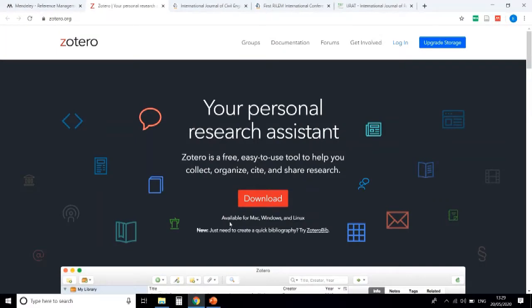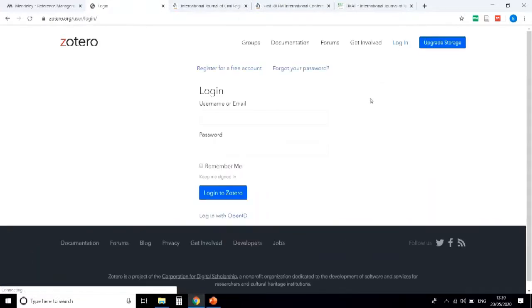You can create an online account to use all features of the Zotero tool. Here we will focus on how to put all references in one place.